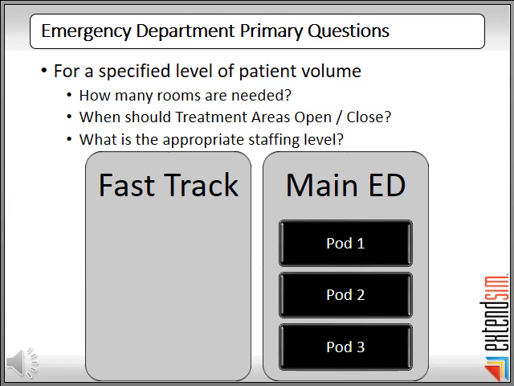The model was developed with the following questions in mind. First and foremost, it is to determine how many treatment rooms are needed for a specific level of patient volume. These treatment rooms are broken down to two different types of patients. Patients with low acuity can be treated in the fast track area when it is open and everyone else seen